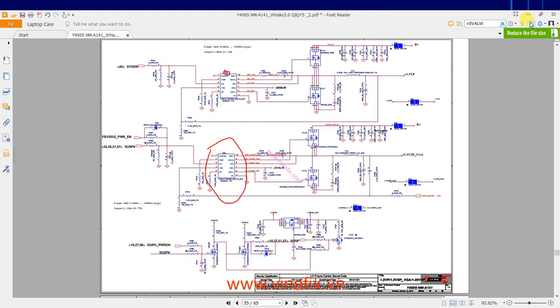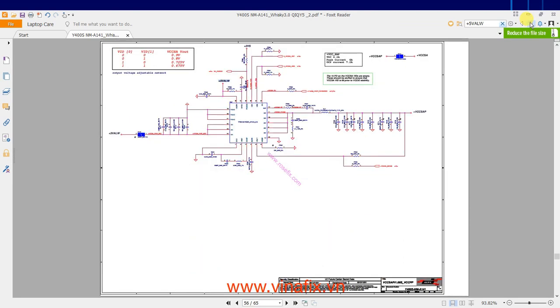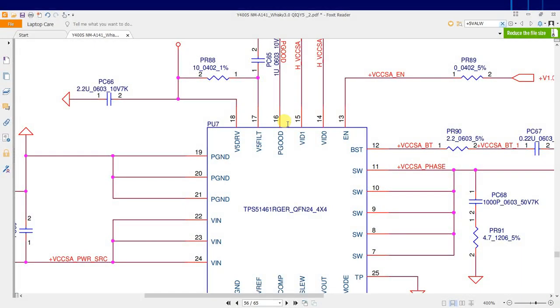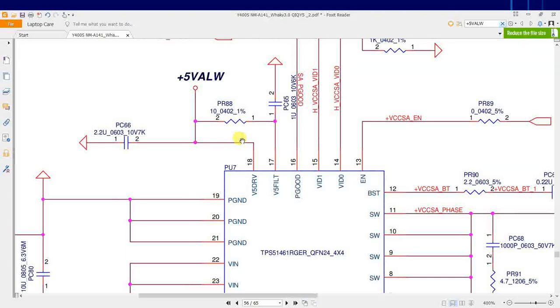Then going further, it was going to the VCCSS section, that is 1.05 volt. Here in this particular IC, that is TPS51461R, as an input drive voltage V5DRV, you can see there.